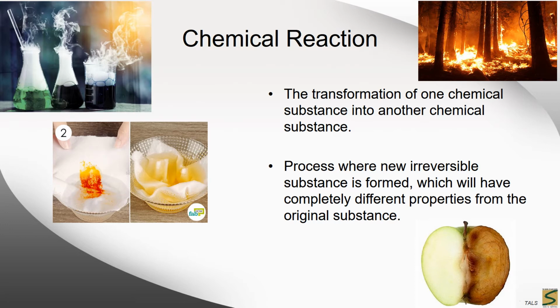When an apple is cut, oxygen is introduced into the injured plant tissue, changing it to a brown colored substance. When washed with soap, the stain of turmeric turns red because turmeric contains an acid and soap contains a base, and a reaction happens between the acid and the base. In a forest fire, a chemical combination takes place between the oxygen of the air and the woody material of plants.